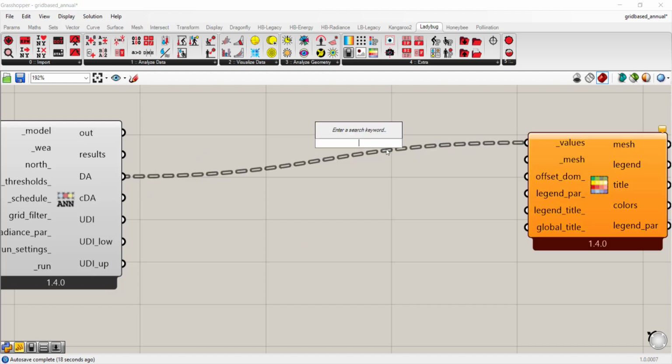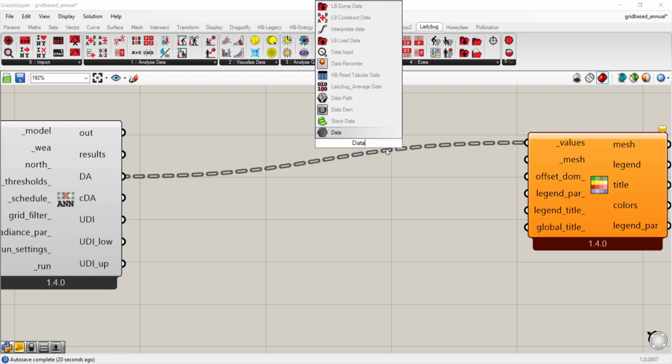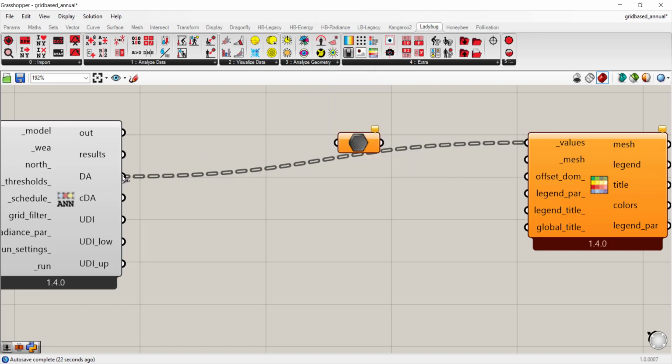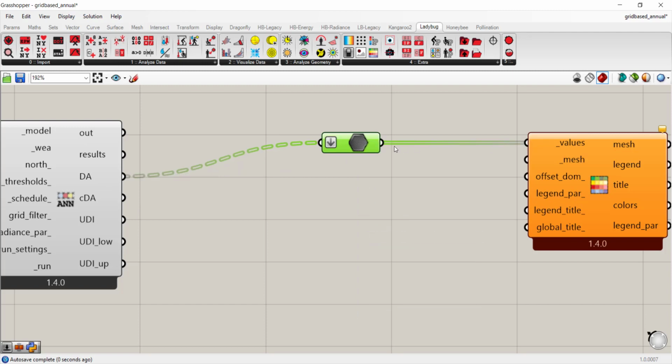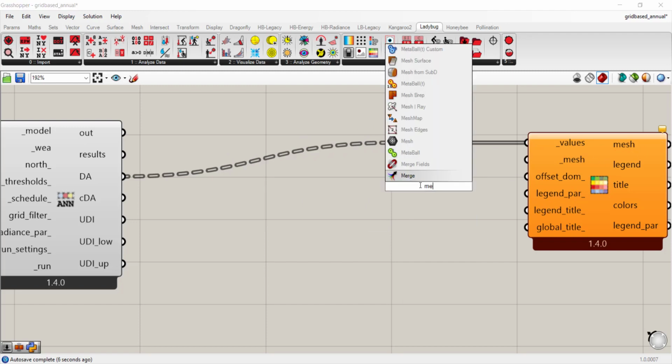So what we want to do is actually flatten our data using a Grasshopper component. So we'll take the data, because we're testing multiple rooms, so I'll hit flatten. We want to make sure that we can read the results accurately and not get an error. And we'll use a mesh join